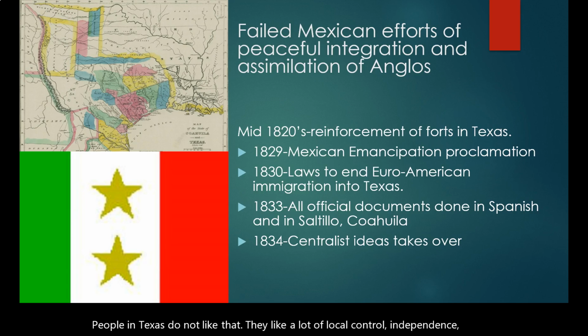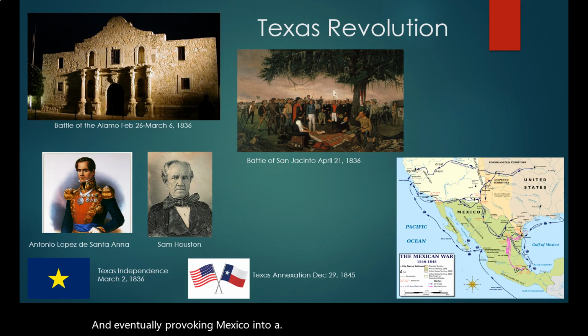And because they did not like the fact that Mexico was questioning already the idea of slavery, which they found a way to continue to practice slavery after 1829, they felt threatened, and they began meeting and calling for state conventions without the permission of the Mexican government, eventually provoking Mexico into a conflict. This conflict is known as the Texas Revolution,